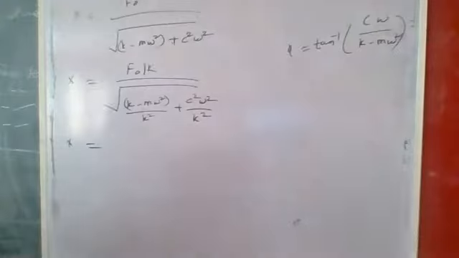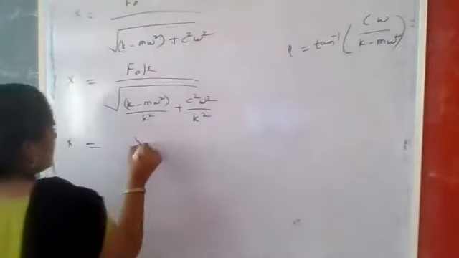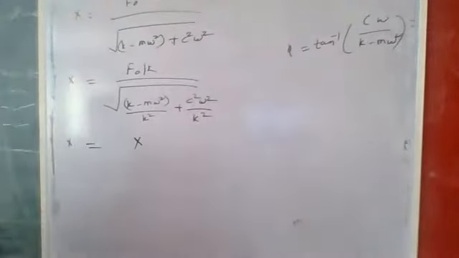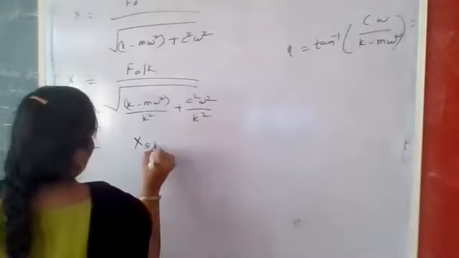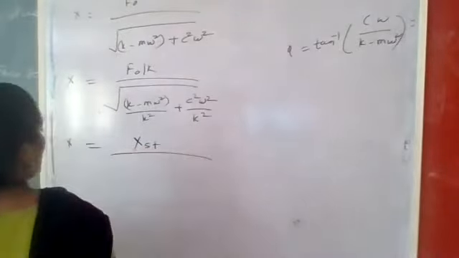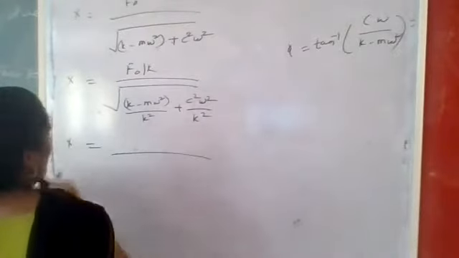F naught by k is nothing but x static, that we already know. F naught by k is equal to x static, or if we say remain as the same, no problem. You can write here x static divided by, or the same you can put as F naught by k